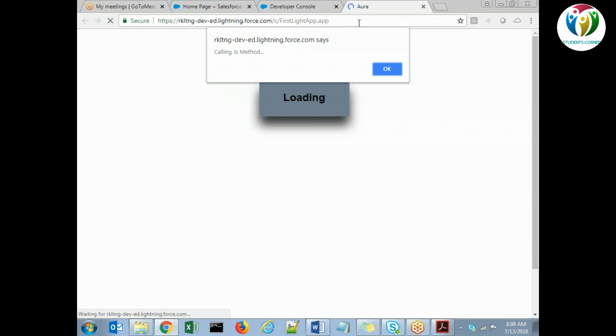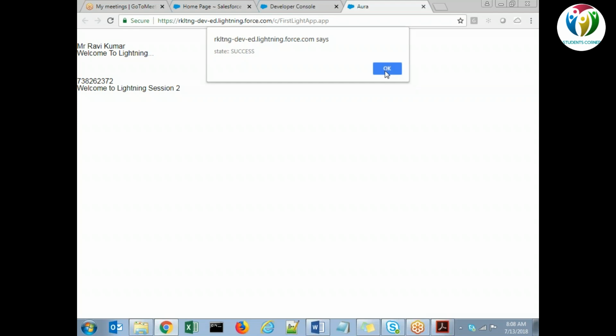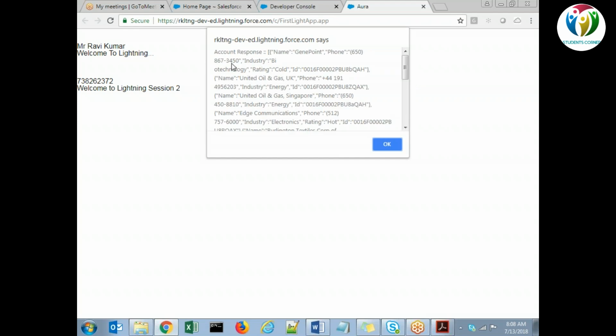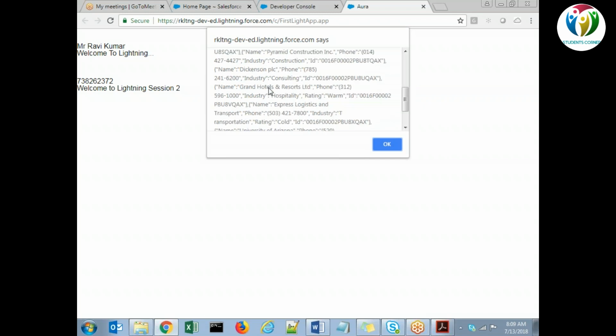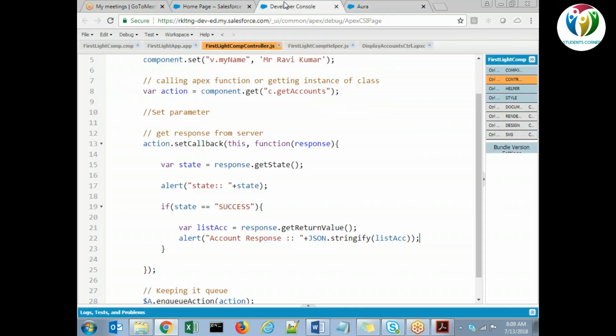Let me make it more descriptive so you won't be puzzled. So this is the variable in which we are getting the response from the server, and this is the component variable as we are setting the response. Now on the component side, we need to display this response.